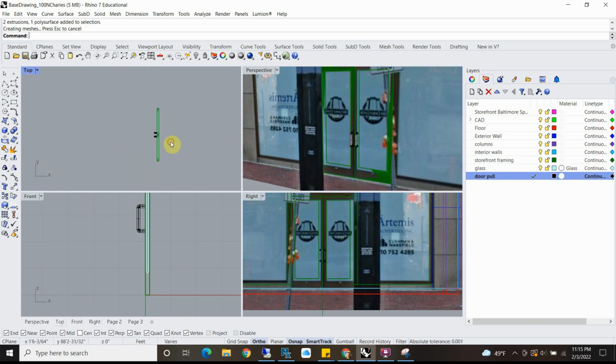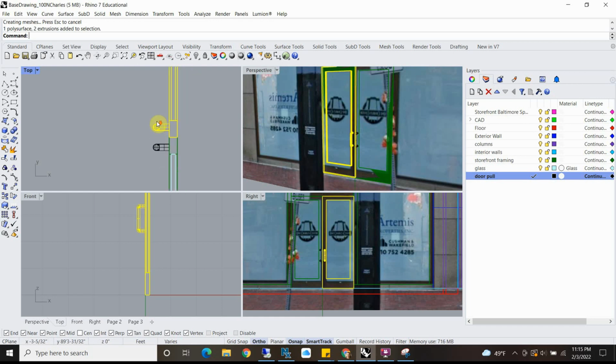And now I have my handles on there. I made a little mistake. I never put the back on that handle. So I'm going to ungroup this. I'm going to go back to here,